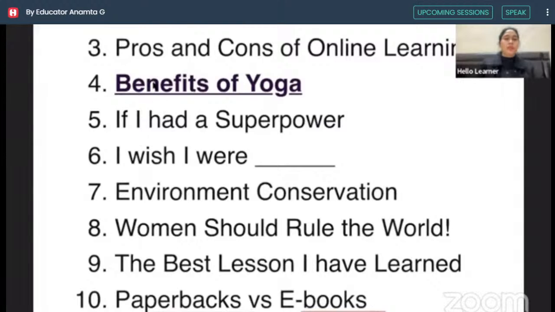Please go ahead. E-books are more important than paperbacks for me, because e-books save our environment, and they are also easy to carry, and we can store a lot of things in e-books, even our data also. But here are some minus points of it. It affects our health, at first our eyes, and it harms our body also, because